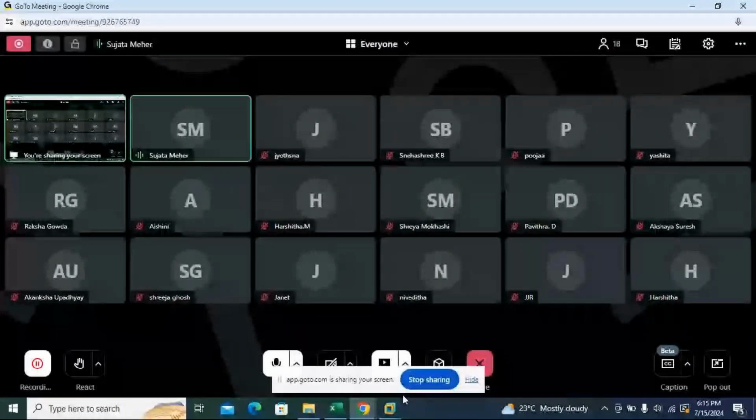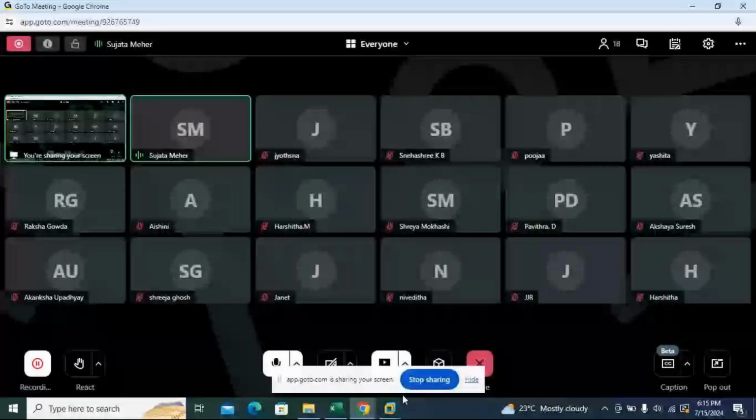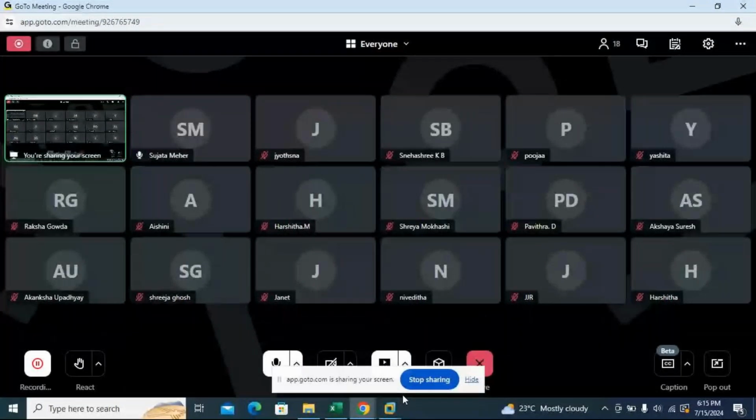So right click on ECC and click on start. So it will become green. Okay, so your password is India123.